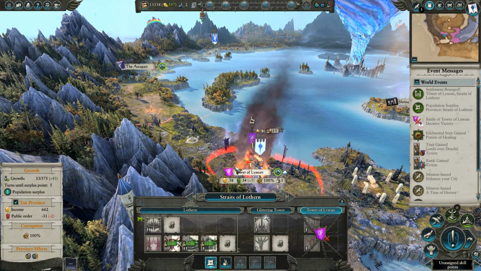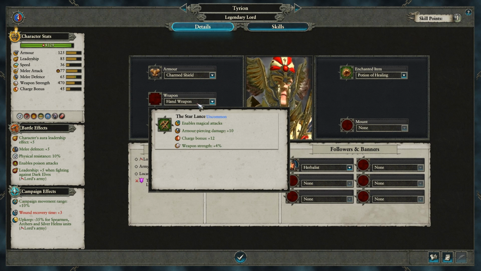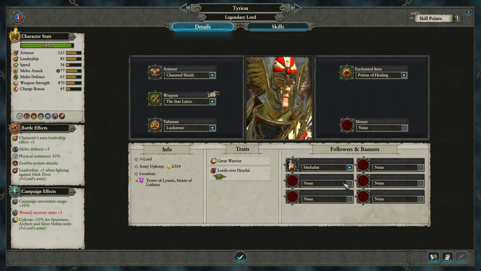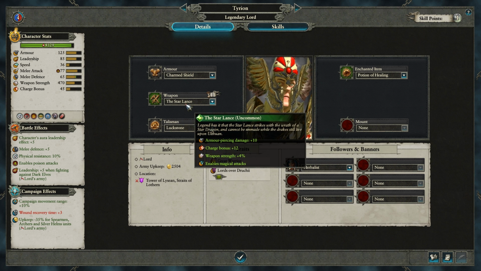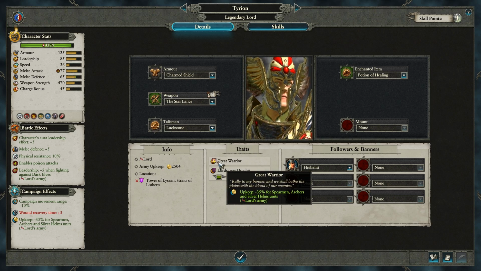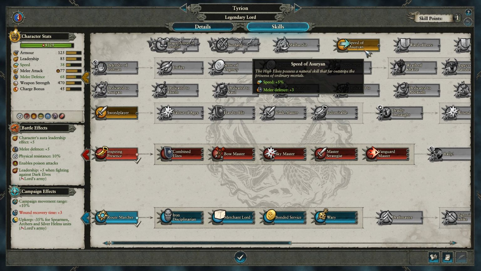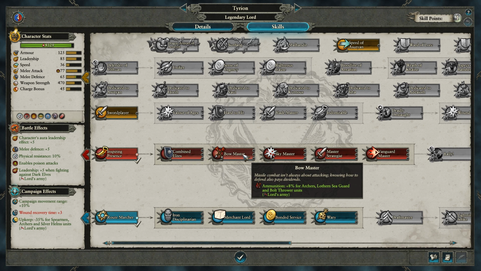So let's look at our lord. He has leveled up again. So we will give him the Star Lance, because might as well. He should have a bonus of some sort. It'll give him better armor-piercing damage, a better charge bonus, better weapons. 4% weapon strength is actually pretty good when you have 470 weapon strength. So that definitely adds up. Great warrior. That's lovely. Okay, let's look at his skills. 5% speed, so this is just affecting him. And then plus 3 melee defense. I'm thinking...